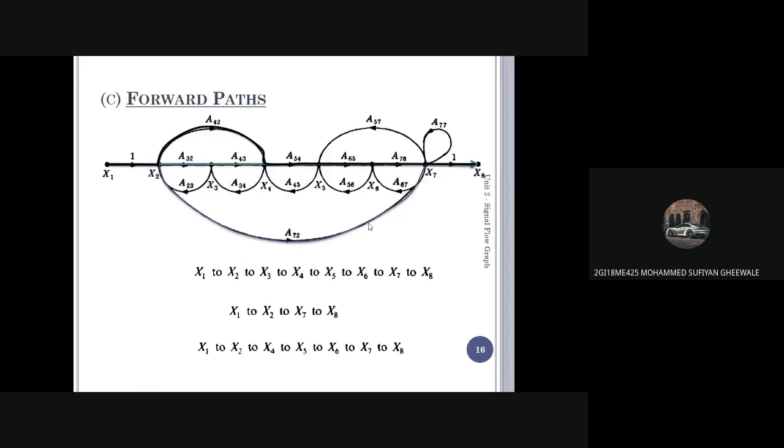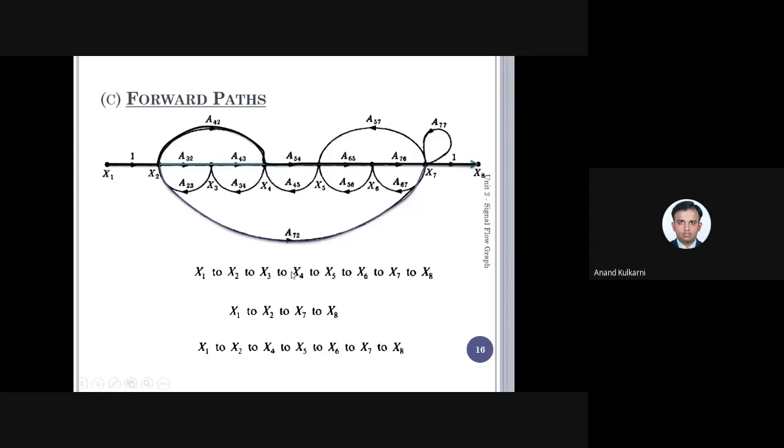Can we not use 1 into A72 into 1 to define the path? That is the forward path transmittance or the gain. You are given the gain when they ask; at that time you'll have to write that A72. If you write directly 1 into A72 into 1, that becomes the forward path gain.